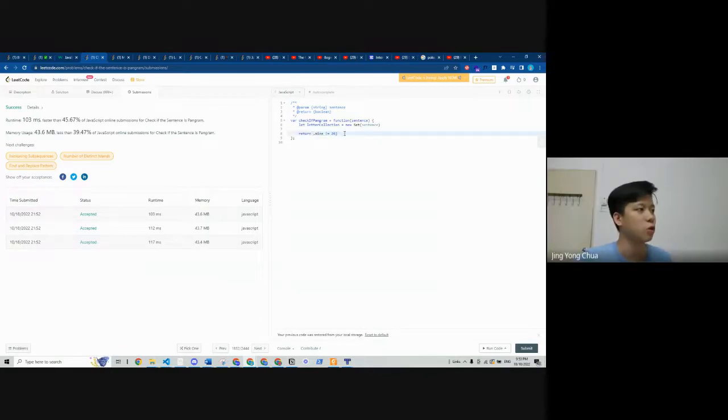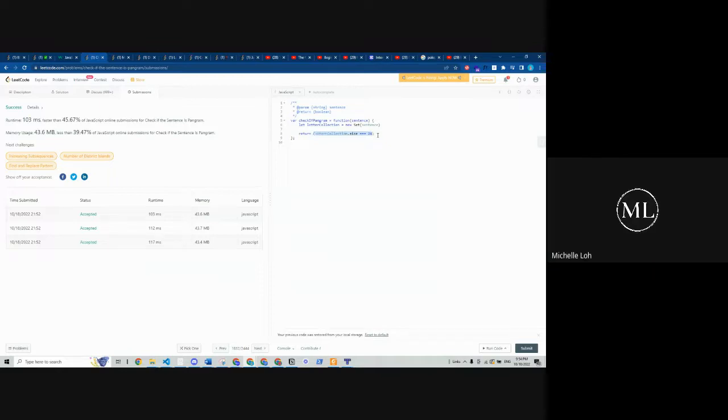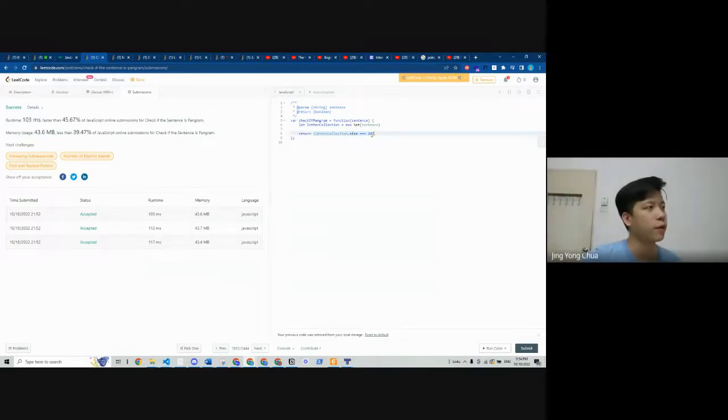Because if we do a comparison, that kind of thing, it will return either true or false only. So what we're doing is we return this check case. Because every time we do this, the result is always this only.